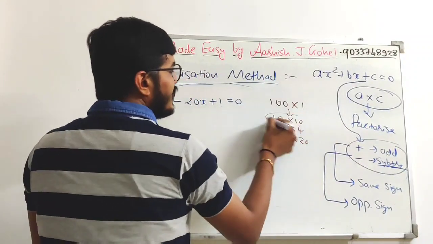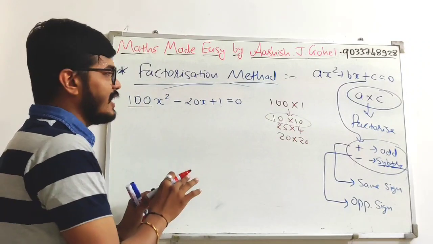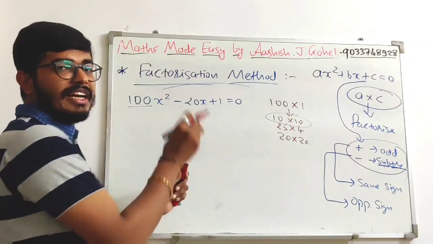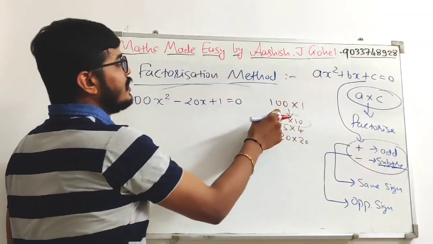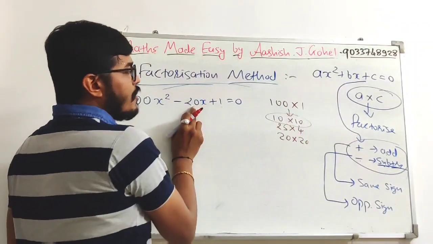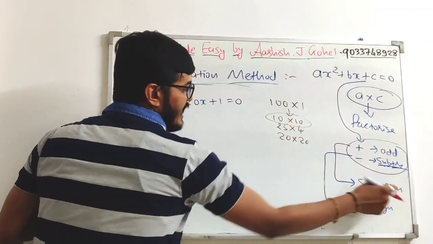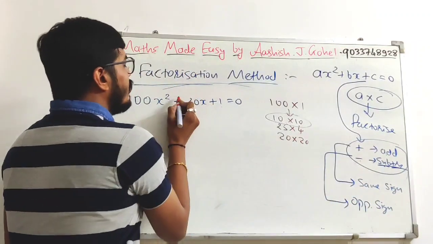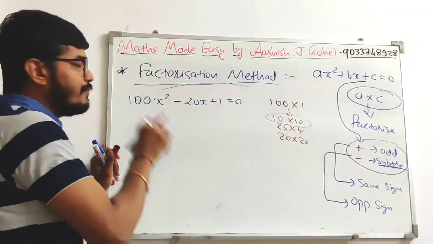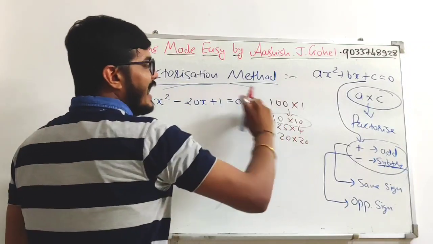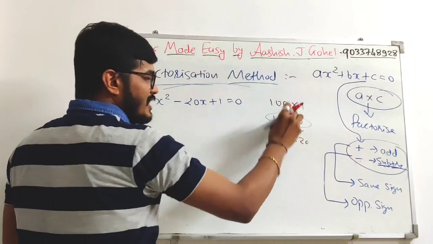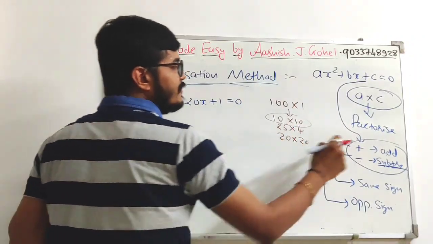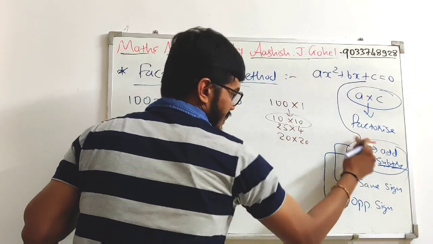This first one, 10 into 10. It is very easy actually. If you practice this, then you will get the idea. Now we need to put 10 plus 10 here, but we'll give the same sign. Which sign? Whatever sign is of the middle term. If the middle term is negative, then give a negative sign to both the numbers. If the middle term is positive, then give a positive sign to both the numbers. We will follow this process.